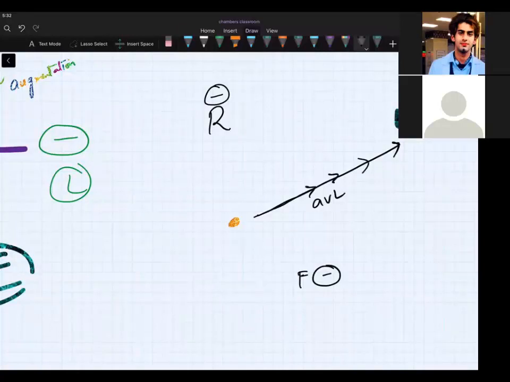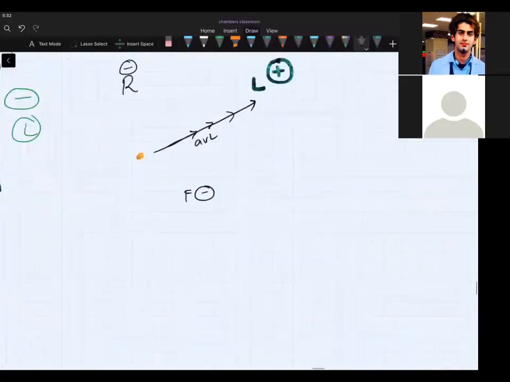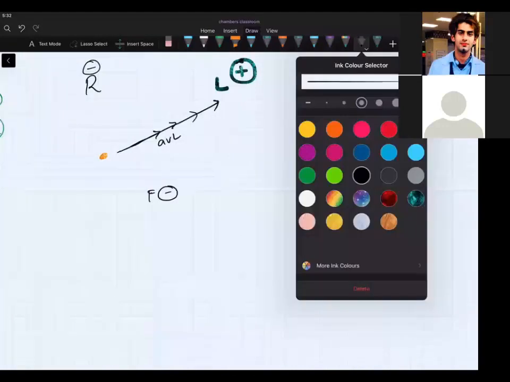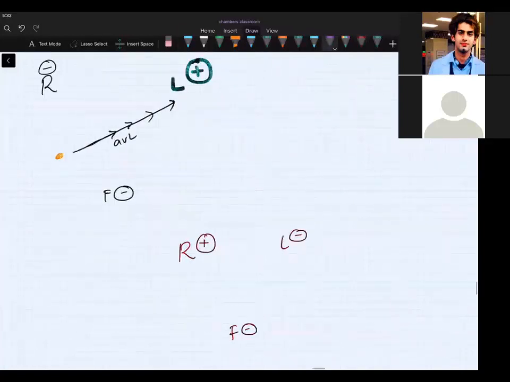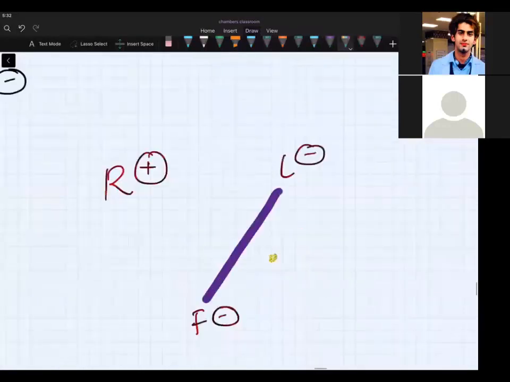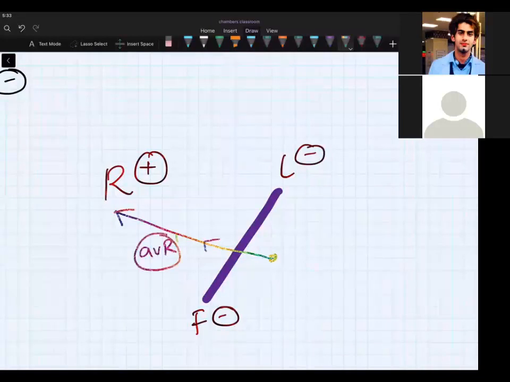Are we clear? Same way, if I make right positive, left negative, and foot negative, and between them I get a virtual electrode in the center, and if I augment this virtual electrode, the augmentation will give me something like this. So this is called AVR, that is augmented VR. The direction is this.